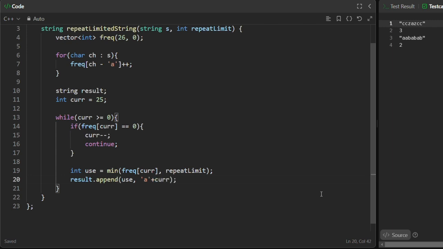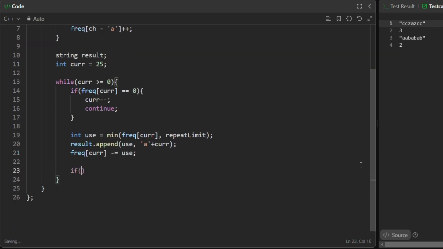Because current here is a number. It is an index of our frequency. So we are adding small a over here. So it gets converted into its corresponding character, right? And since we have utilized this many frequency of the current character in our frequency array or the vector, we will decrement this, right? Now, after doing all of this, if the frequency of the current character is still greater